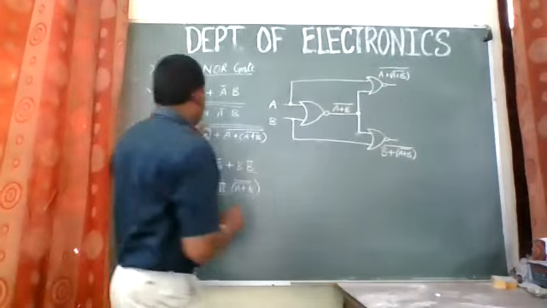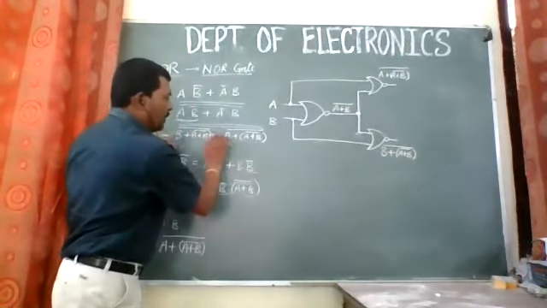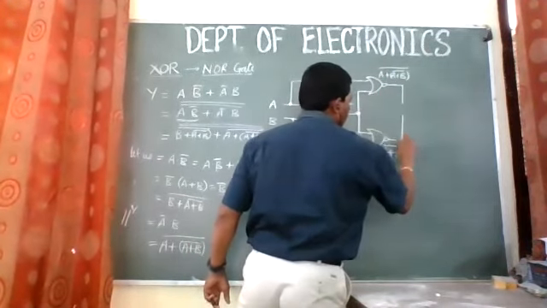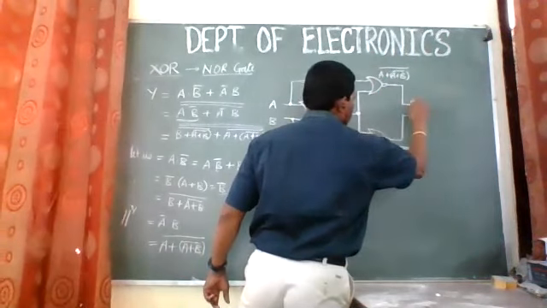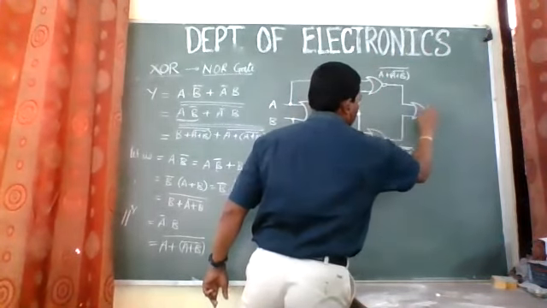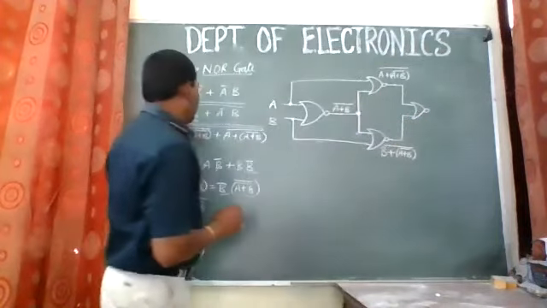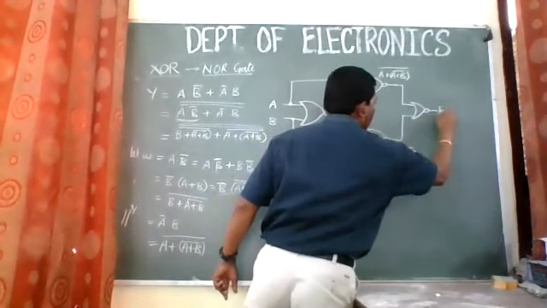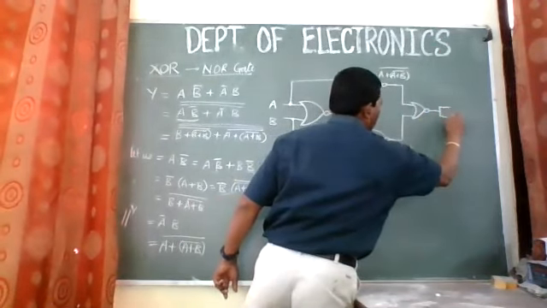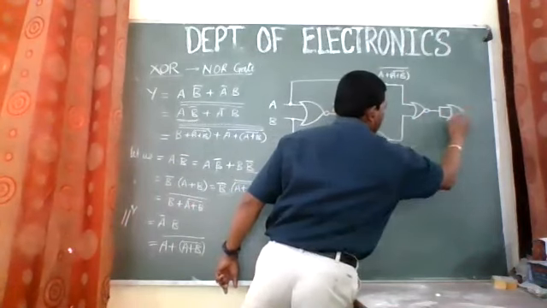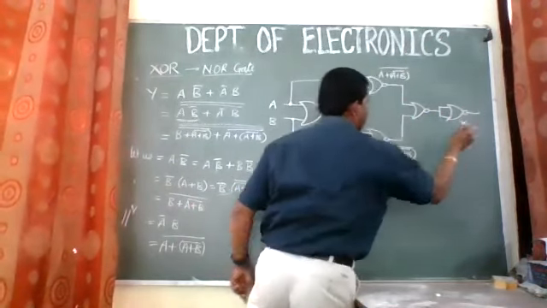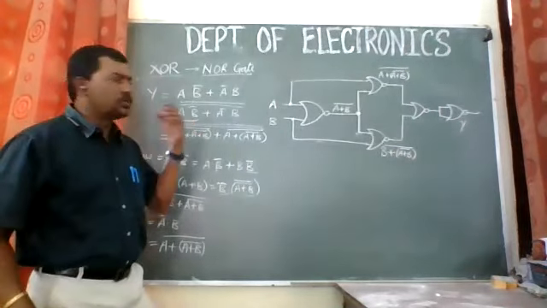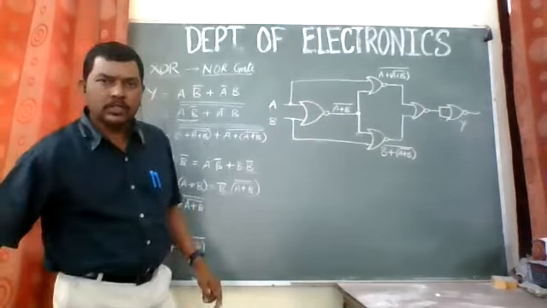Now for the first inversion, this is the first complement, I'll be putting these two equations to the NOR gate again like this. So yes, here I will be getting the first complement of it. To get the second complement, I'll be putting this back to another inverter of NOR gate like this. I guess it is visible. So the ultimate equation will be Y over here. So the total equation I can resolve by using these NOR gates. I guess it is clear.